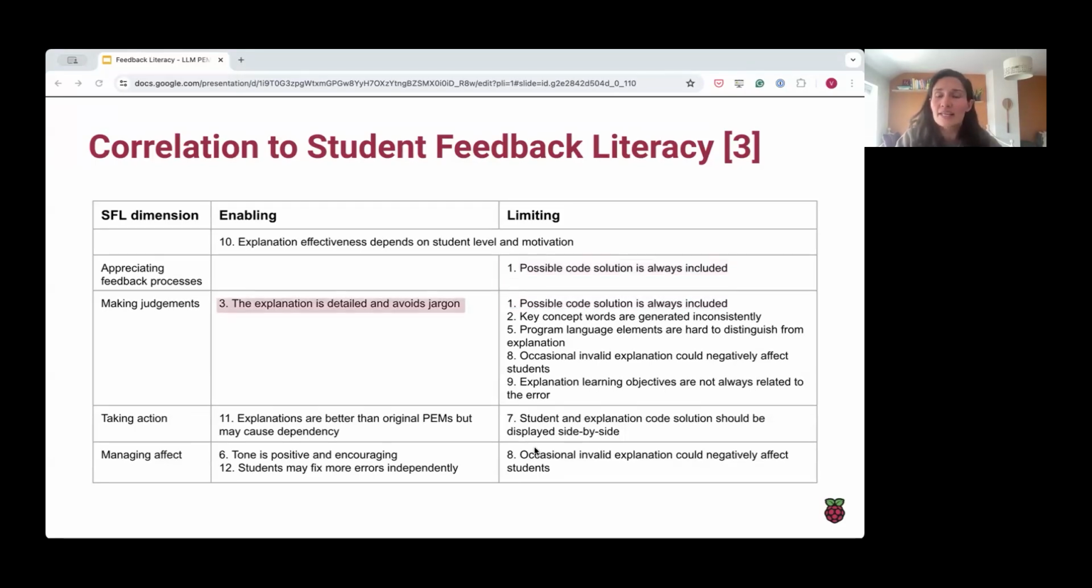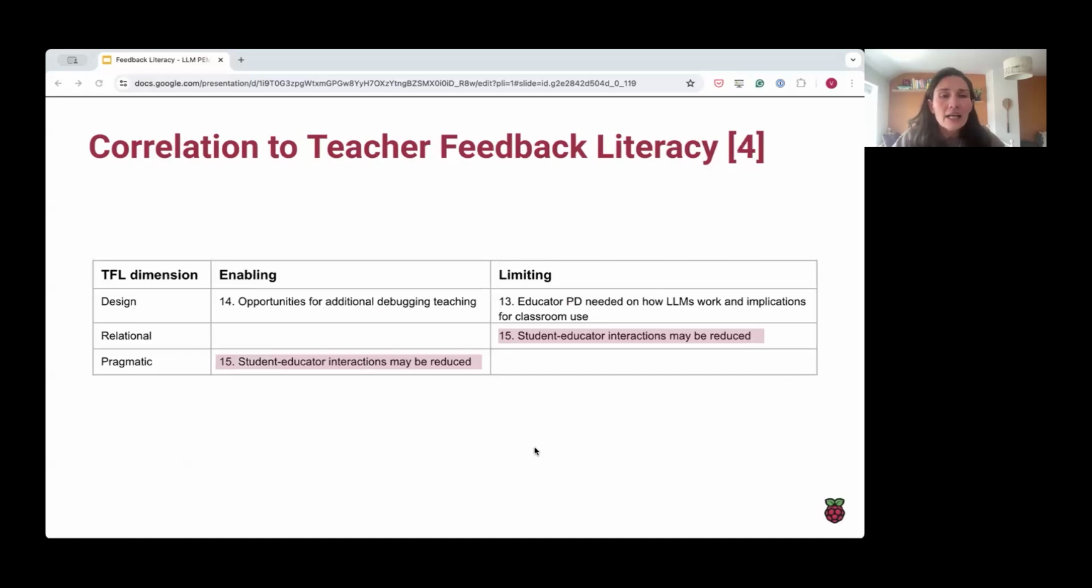Furthermore, a detailed explanation that avoids jargon can help students make judgments and more easily evaluate what feedback means in the context of their own code, in a way that is accessible for them to understand. Finally, something completely missing from the enhanced programming error message guidelines correlation are the themes we correlate to teacher feedback literacy. And a specific set of comments aligned with both the relational and pragmatic dimensions of teacher feedback literacy was